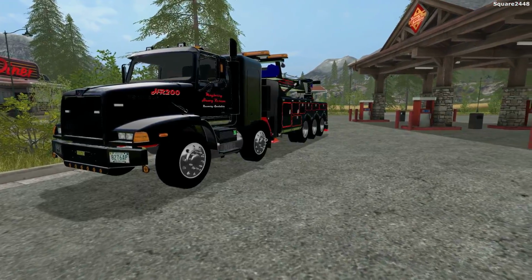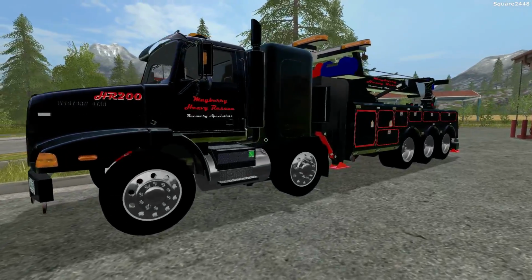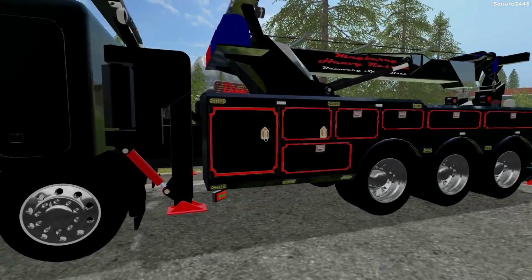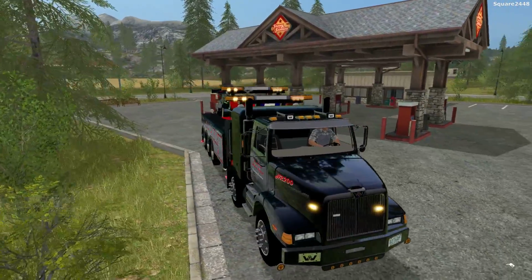Today we'll be en route to a major crash on the highway. A boat trailer disconnected from the truck and is on top of a vehicle. We'll be using the Rotator to lift it off, and then we'll be using the Kenworth wrecker to tow the vehicles away. We'll be hopping in the western side, we'll turn on the LED lights, and we'll be making